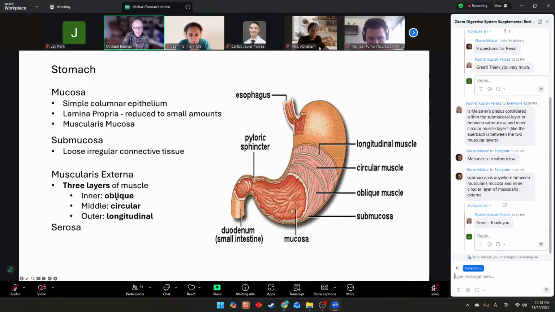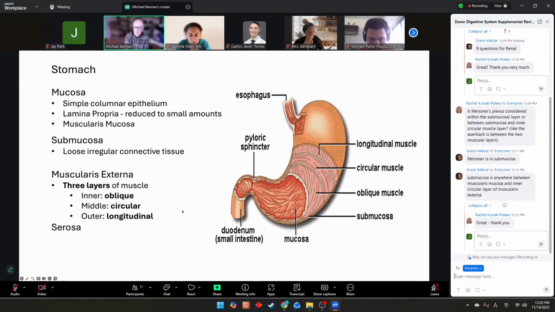The inner layer is obliquely oriented fibers. The middle layer is circular oriented fibers. And the outer layer is longitudinal oriented fibers. And this 3-layered structure facilitates the stomach shaking the contents and breaking it up so that the food is more